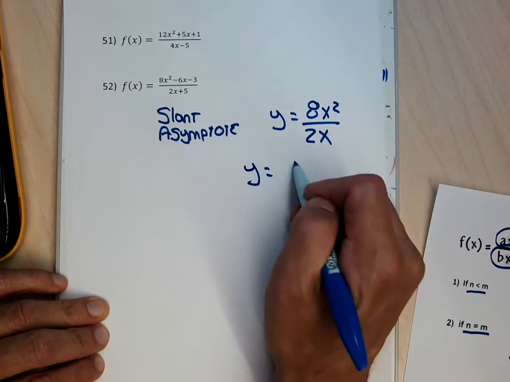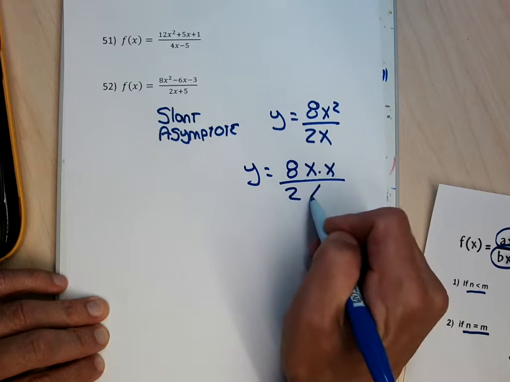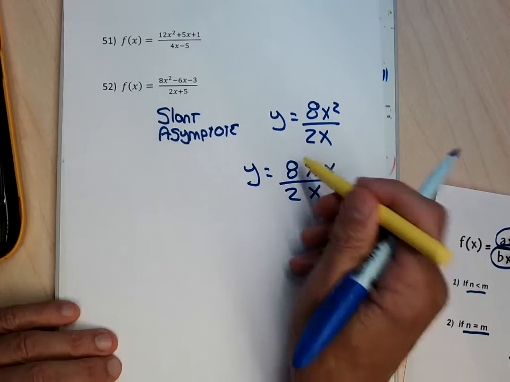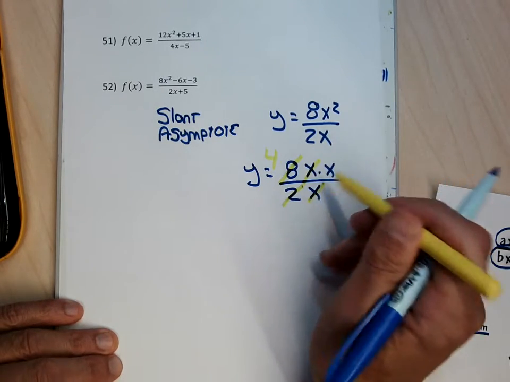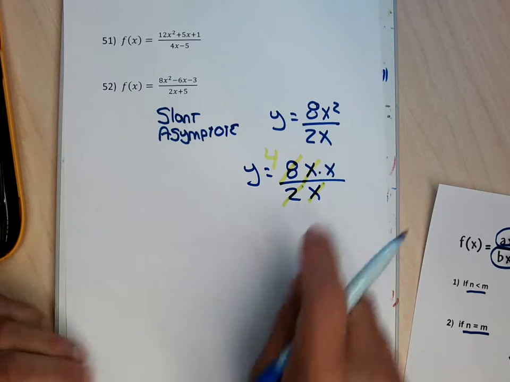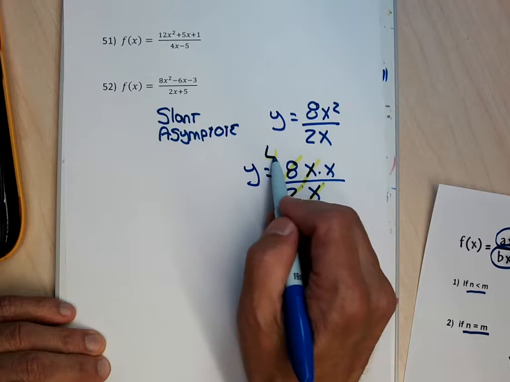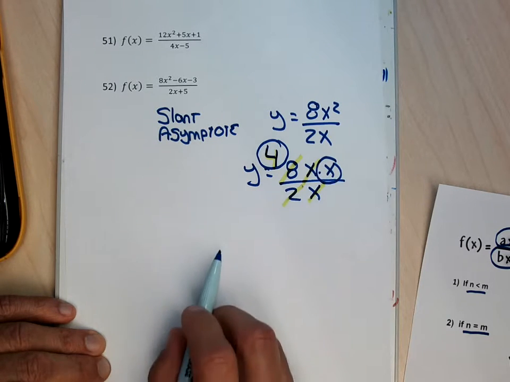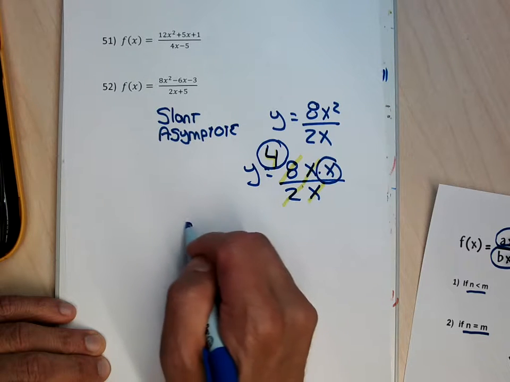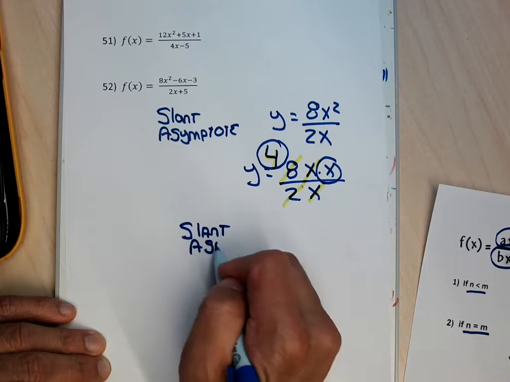Let me reduce this fraction by writing the numerator without the squared and canceling. I'm going to cancel the 8 divided by 2 and get a 4. I'm going to cancel the x's and get rid of the x in the denominator. When I do my canceling, I'm left with a 4 in the numerator when I cancel the 8 by 2, and an x that doesn't cancel. My slant asymptote answer for problem 52